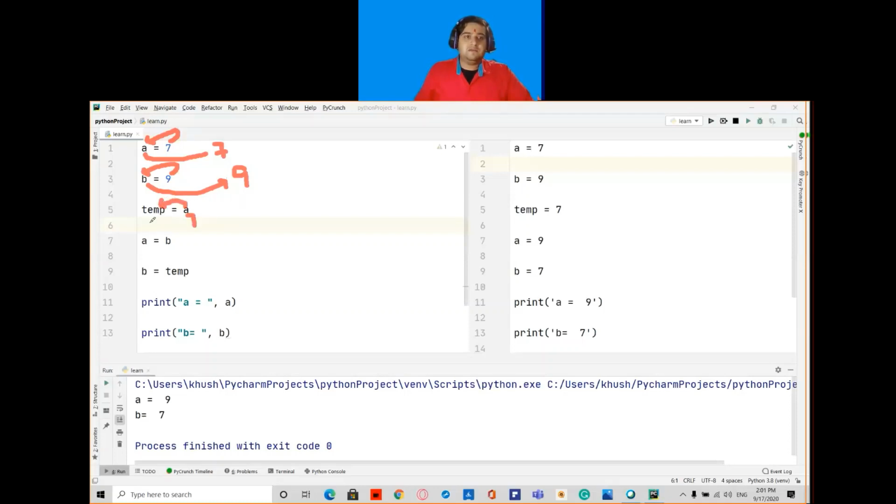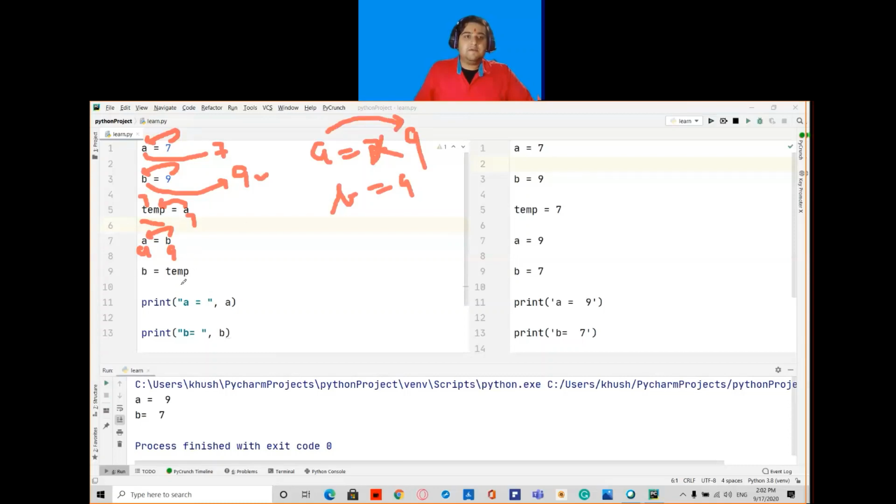So now temp has the value 7, and B, which has the value 9, is assigned to A. So now first of all we have A is equal to 7 and B is equal to 9, but due to this statement A has become 9.